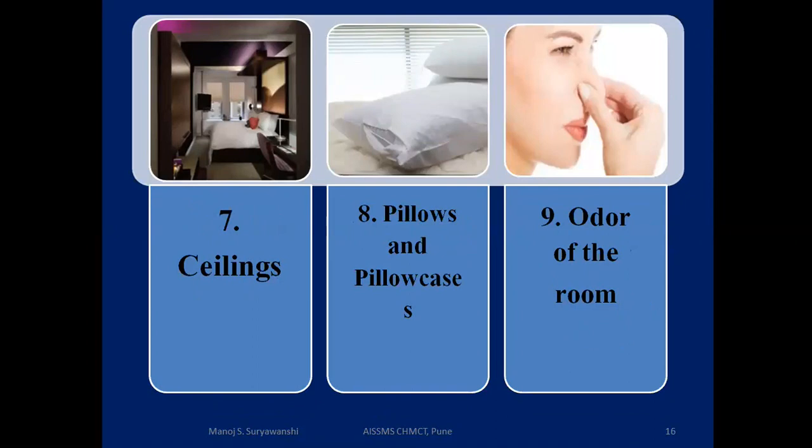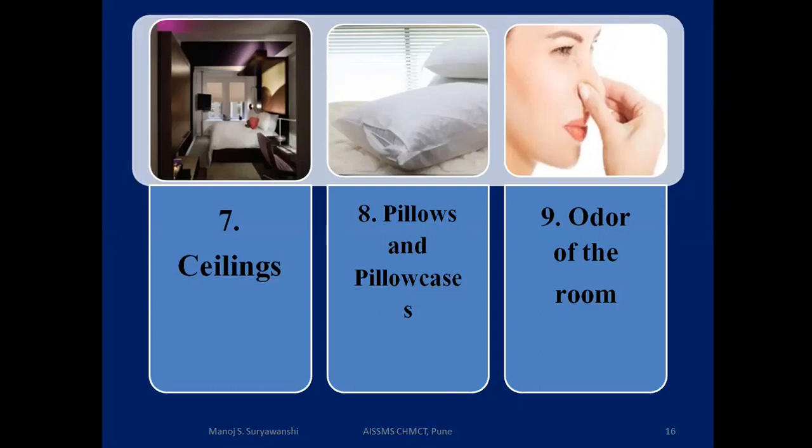The next point is the ceiling area. It is one of the major parts of the guest rooms where cobwebs can be there on the ceilings, or any kind of dust can also accumulate. So the guest room attendant should utilize a particular ceiling broom, and on a regular basis all the ceilings should be cleaned. If it cannot be cleaned on a regular basis, then it should be cleaned on a weekly basis so that he would be able to sell that guest room to the front office, and he can convey the message to the front office saying that the room is ready for sale and everything has been cleaned.